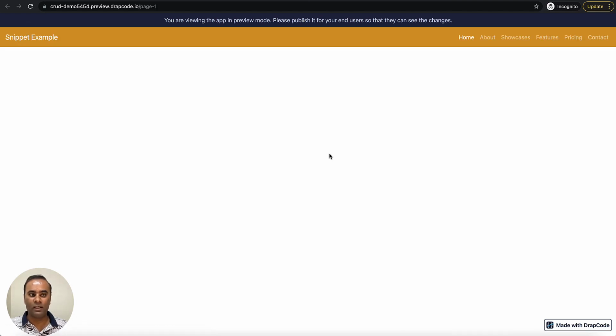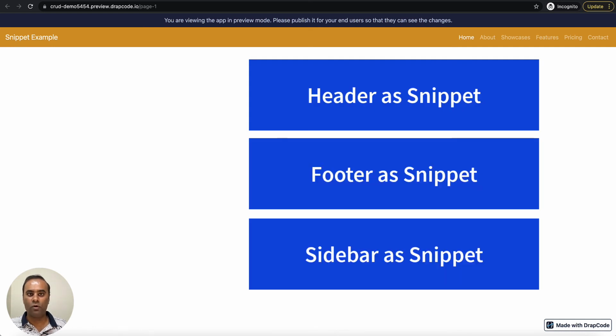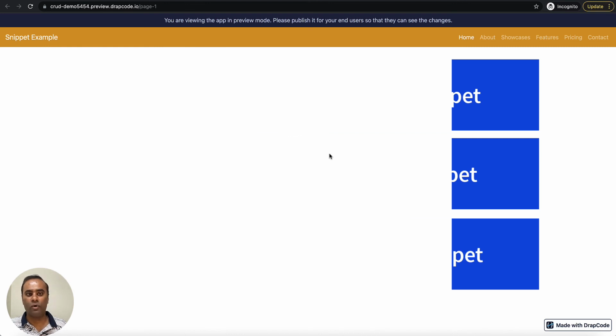So what exactly happened is we made the changes at one place and they are now reflected wherever those snippets are being used. This is a very quick introduction to how you can use snippets. You can build complex pages and design very complex UI, and once you have done it, you can just drag and drop the snippet component wherever you want to use it. Once you make changes at any place, they will be reflected across all the pages wherever those snippets are being used. So snippets are quite good for a header, footer, or sidebar, because you want your changes to be reflected wherever these components are being used.